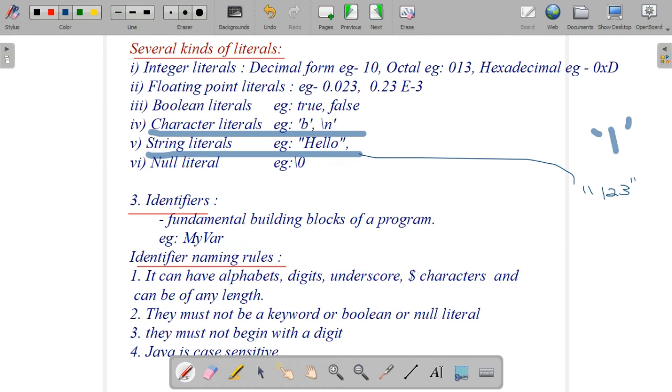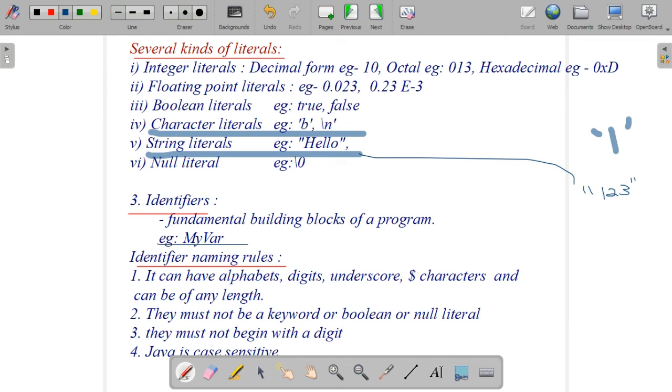So what the user or programmer defines is known as identifiers. That's why it is the fundamental building block of a program, and it is a general terminology for the names. The name may be indicated as a variable name or class name. The same example, for the addition of two numbers: many of you will give different class names, isn't it? Someone will give addition, someone will give addition of integers, or some other different class names. So these are the general terminology for the names. Yes, so we can write a class name, a variable name.